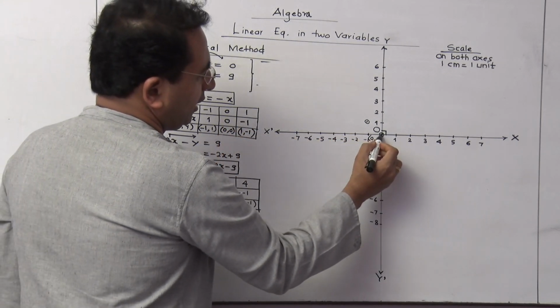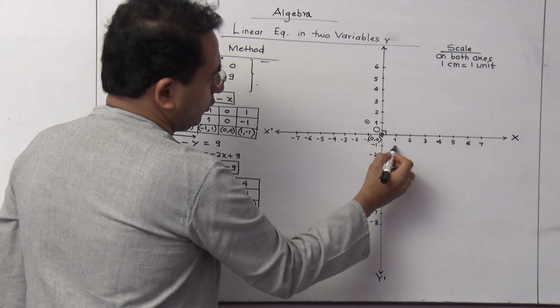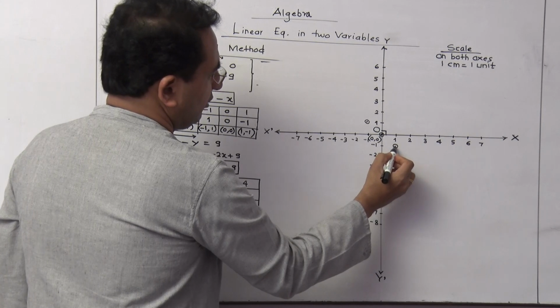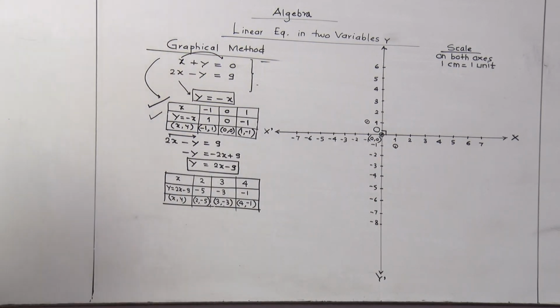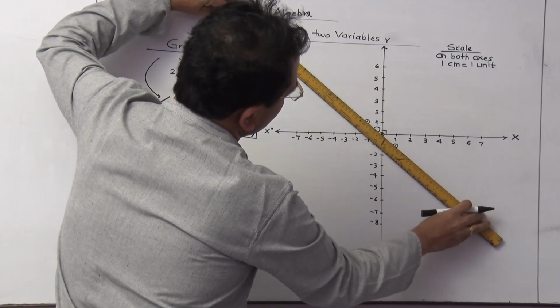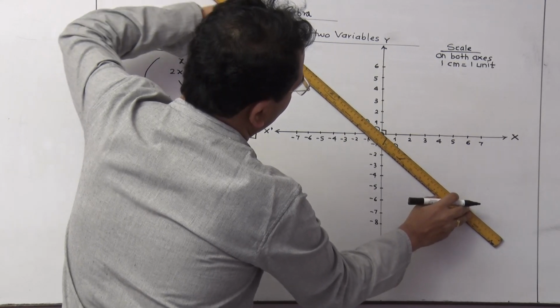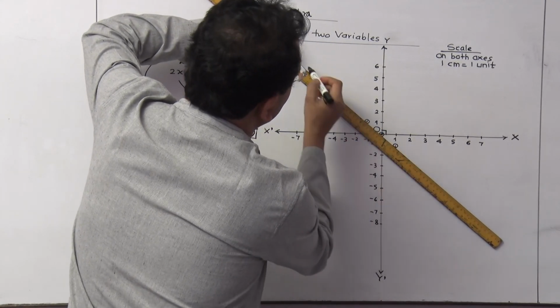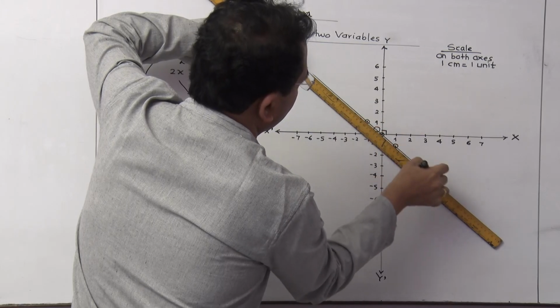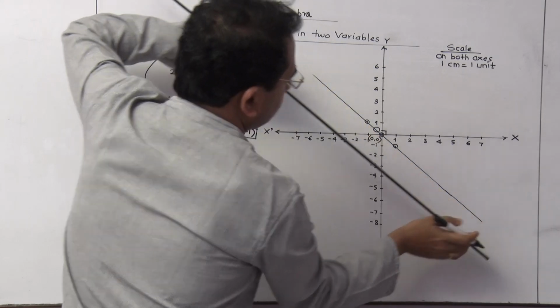Now you have to stand here again. 1 means to the right. And then -1 means you are going to get a point somewhere here. That is 1, -1. Now we are supposed to draw the line through it. Correct? So I will see whether all points are collinear. I am getting all points collinear. Then I will draw the line passing through all these points. So I am getting this line.